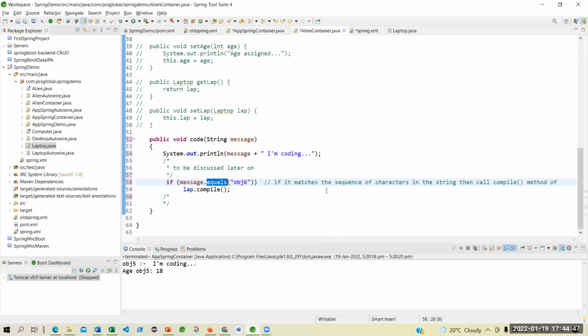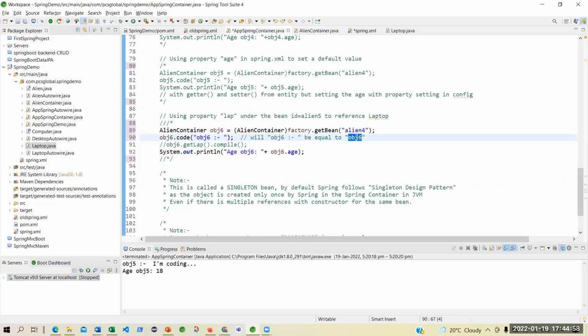But if you say contains, now will it be true? Yes. See, obj6 is contained within obj6 space colon dash colon space. So this is the one which matches with this.